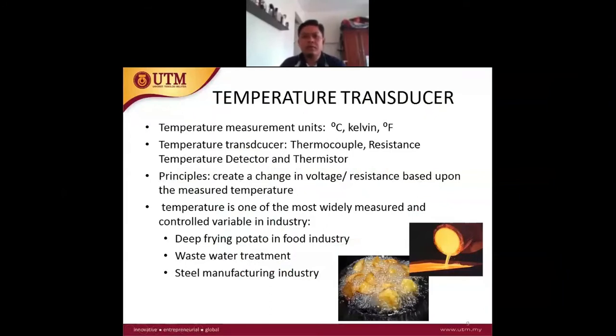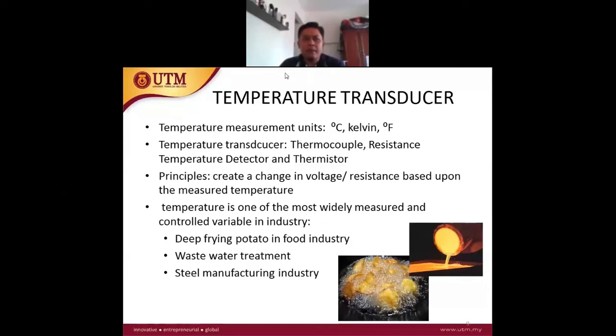Then now we go into the concept of the temperature transducer. Temperature is one of the most common parameters measured in industry. Okay, and also we have seen the pervasive application of temperature measurement nowadays, where temperature is used to detect the symptom, okay, of COVID-19. Okay, so the device they are using